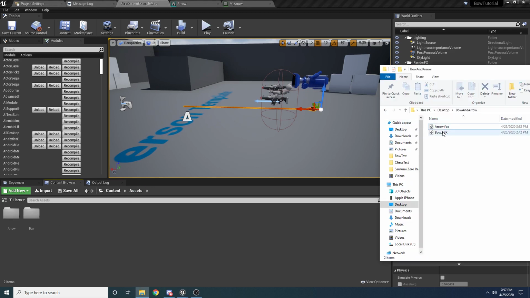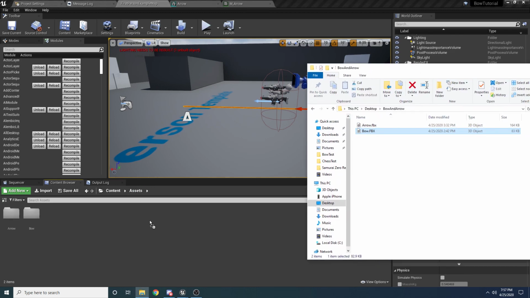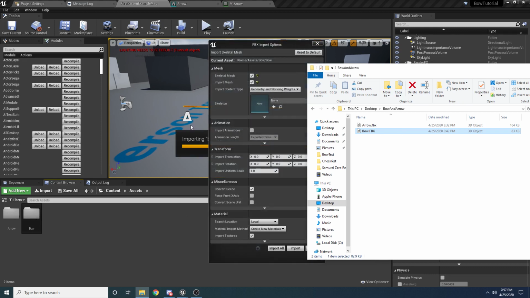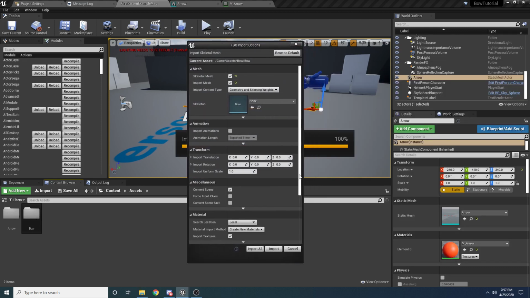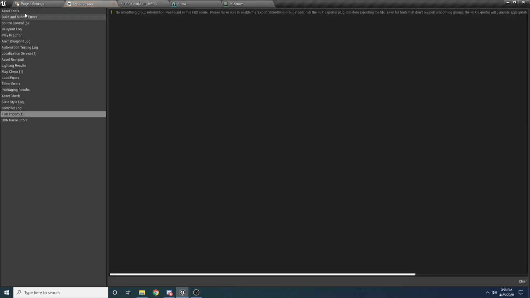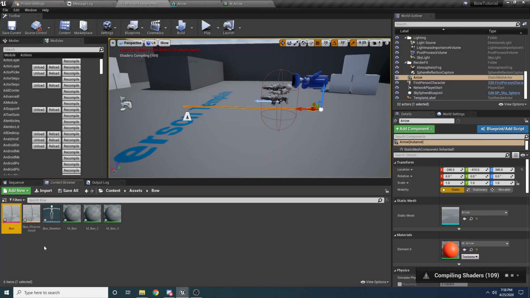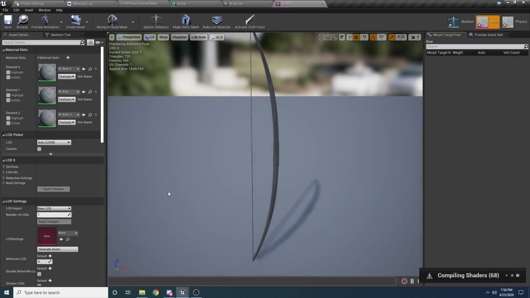The bow is also pretty straightforward. So let's grab the bow and drag that into the bow folder. And one thing I need to do with this bow, in my case, is I need to rotate it -90 on the Z, and I'll show you why. It's because it needs to be facing a specific way. So I'm going to rotate it -90 on the Z. I think that's correct. And then when I import it, if we go and take a look at it,